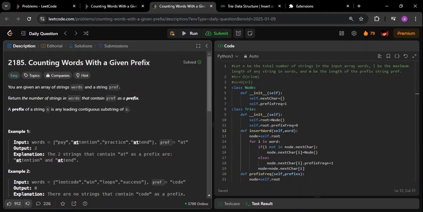Today we're at day 9 of the January daily LeetCode challenge, and from the last few days we are having questions on the topic of trie, that is string matching, which could also be done using the topic of trie. Okay, so in this particular question what I've decided is that I will show you both Python and